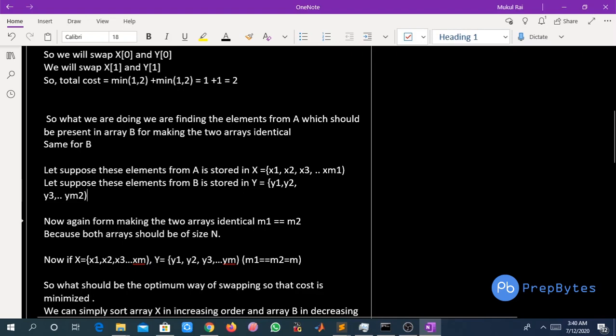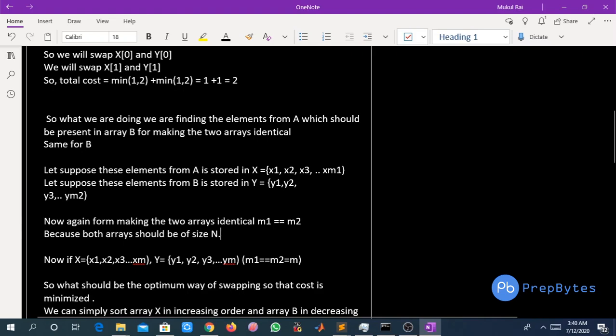Now, for making the two arrays identical, m1 and m2 should be equal, because both arrays should be of size n after doing all the swap operations.